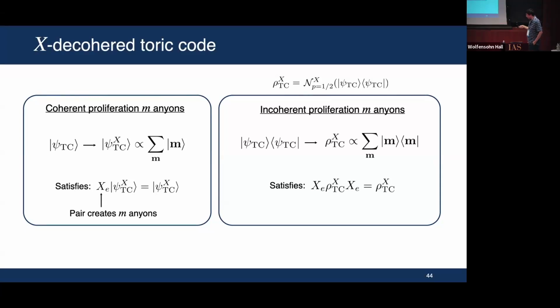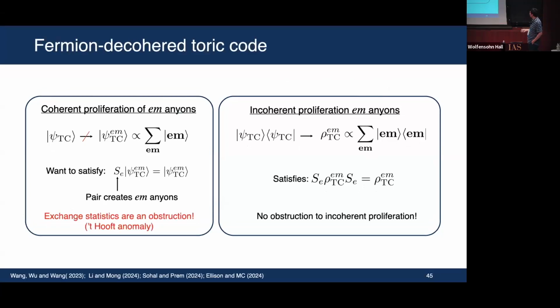So this model was used to study the loss of quantum memory, and we can learn a lot about mixed state phases from this model. But now let me tweak this model a little bit. There are three anyons in toric code: e, m, and the fermion. e and m are more or less the same. I mean, not actually the same, but they are not very different. The fermion is very different because it's a fermion. The other two particles are bosons.